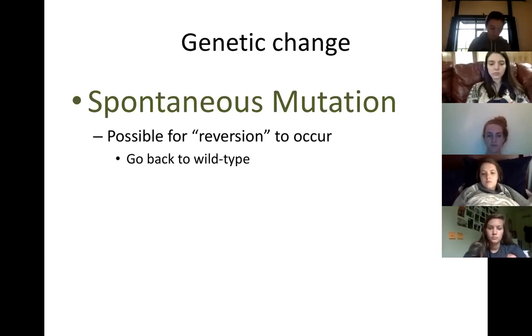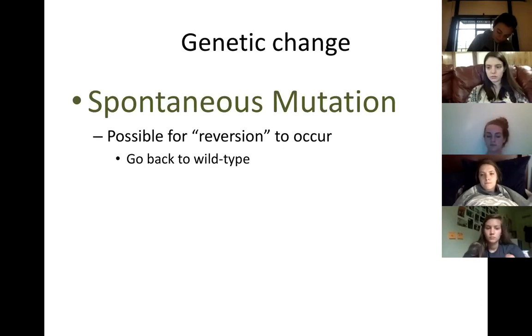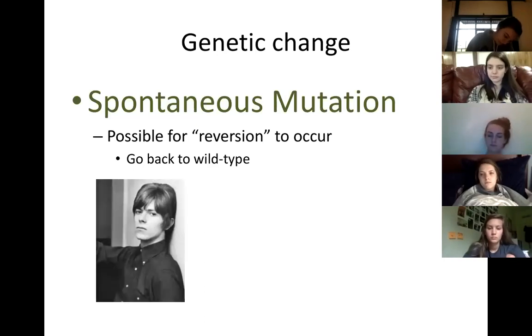Because that's kind of a genetic disorder that we talk about a lot at Lee, right? Because we have the Race for the Roses, which I think is supposed to happen in the fall now, hopefully, if things continue to proceed forward in a good way. But that'd be like if someone's born with cystic fibrosis and then, I don't know, they're 10 years old and they convert back to the wild type, right? Their body changes, it gets the gene sequences right, and they're totally back to normal, right? That doesn't happen. We don't see that, but prokaryotic cells can do that. So they go back to their wild type.